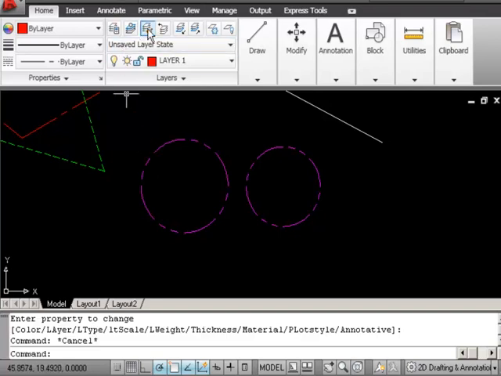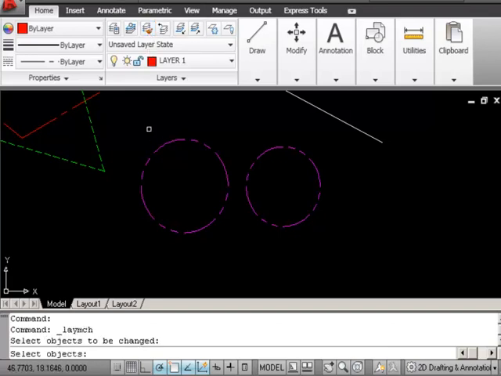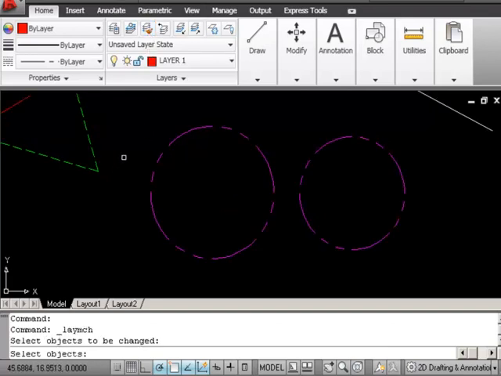If you go up to your tool and look at the third one from the left, it shows some sheets with a little paintbrush next to it. It's called the match command. If you click on match, it allows you to match properties of one layer to the other, or one object to the other. For example, let's say that I want this circle to be on the green hidden line layer. Well, I hit the match button, I come over to the one I want it to be like, click it,